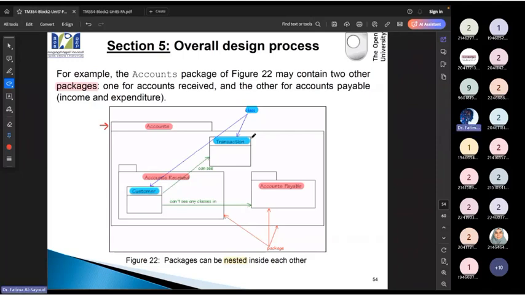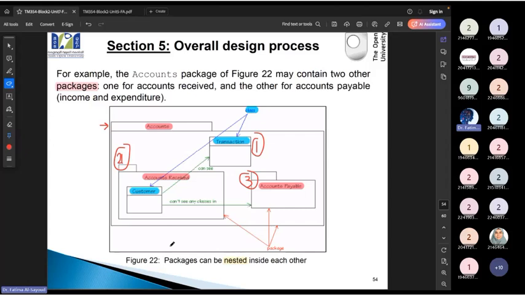So how many packages do I have? 3. Account, and it has inside it 2 other packages. Each package can have elements in it. So عندنا الباكج ممكن يكون داخله classes، ممكن يكون داخله diagrams، ممكن داخله packages. When you have a package inside it, it can have another package, it can have other classes, and so on and so forth.